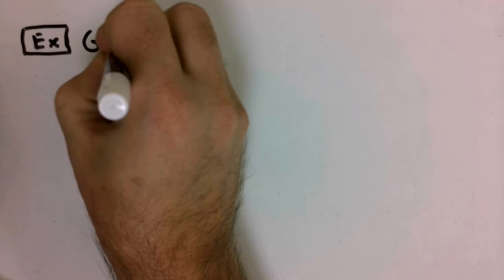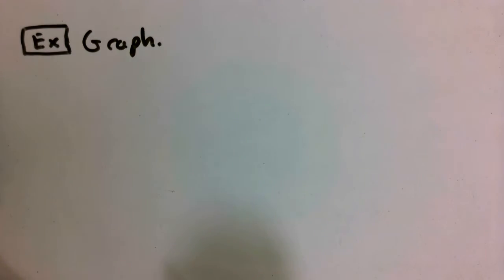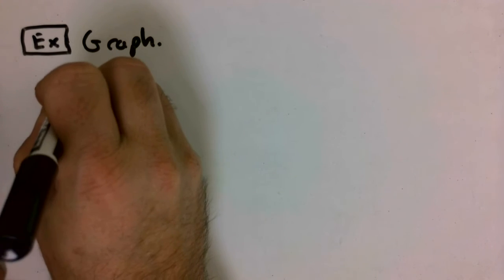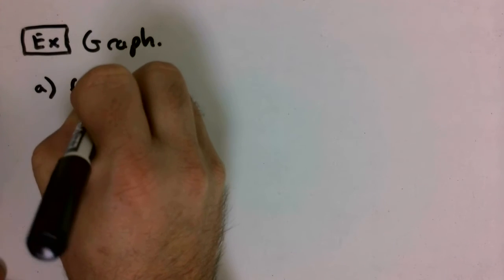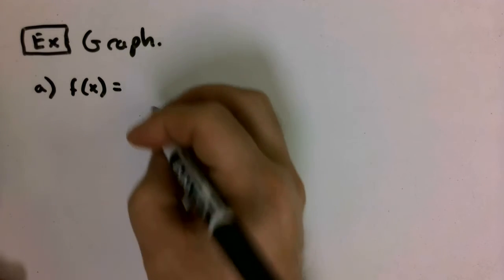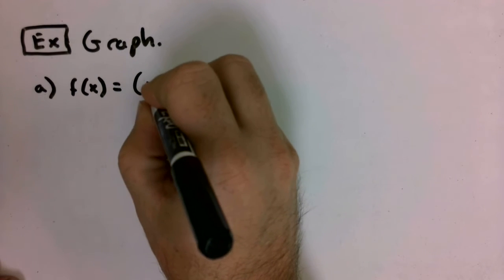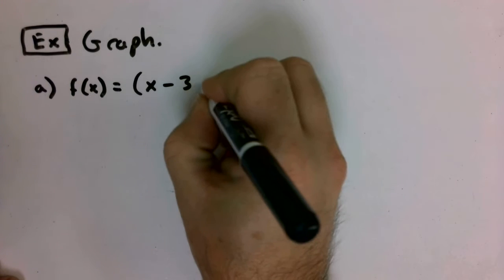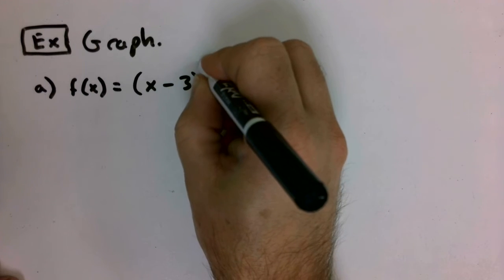So let me give you our example here. For this example, the directions are going to be to graph. I'm going to go through and do an example reminding you how this horizontal and vertical shift works. Generally, we're going to have equations that look like this. f of x is equal to, and we may have something like (x minus 3) in parentheses raised to the 8th